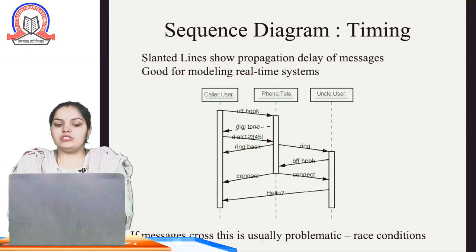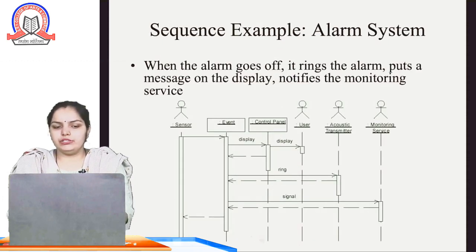If messages cross, this is usually problematic, or a race condition can be there because timing issues are there. Otherwise we'll show the messages in a proper manner with horizontal lines. Okay, so here you can see the example of timing. So this is the example of a race condition. You can call it timing or race conditions.